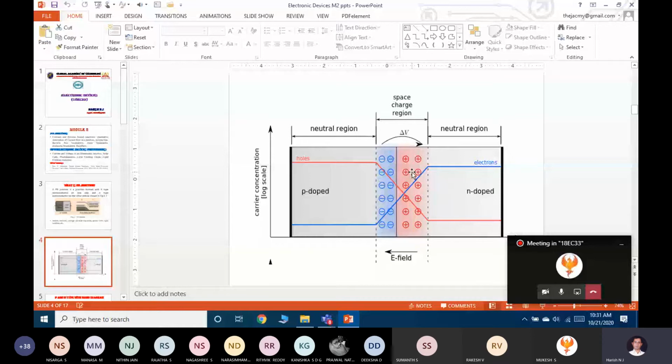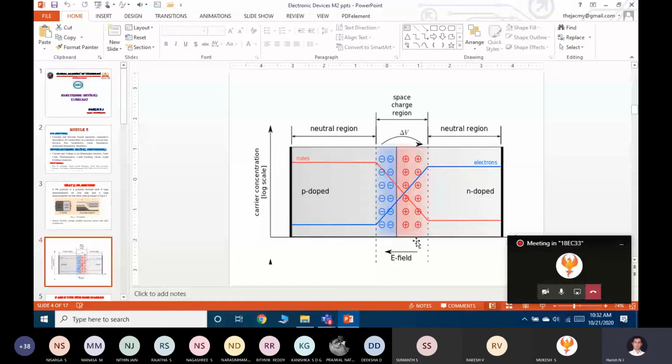When the electrons start moving from N place to P place, and when the holes start moving from P place to N place, due to this phenomenon an electric field will be initiated across the depletion region. Correct. So this electric field only we refer to as the built-in electric field. Now with respect to this electric field also you can discuss. Just check it out here. The electric field direction will be from N type to P type.